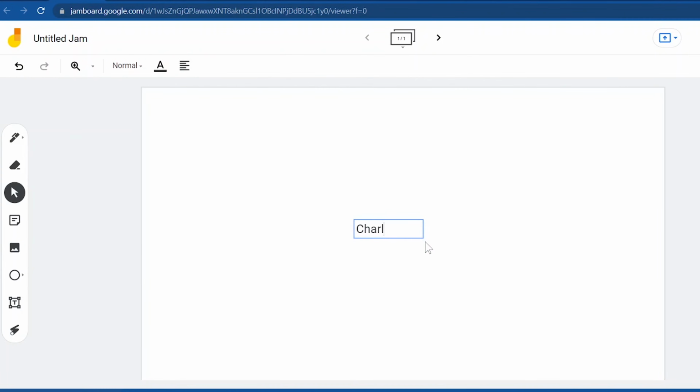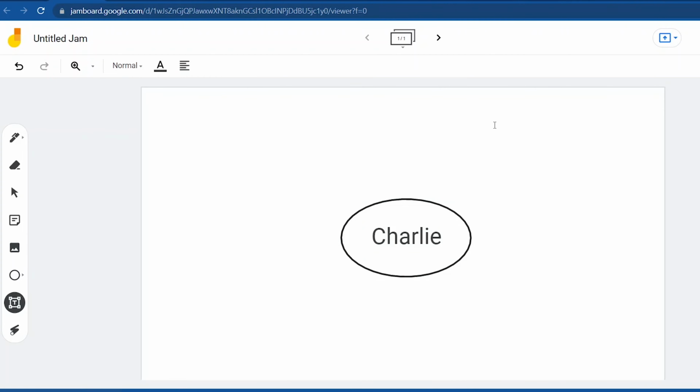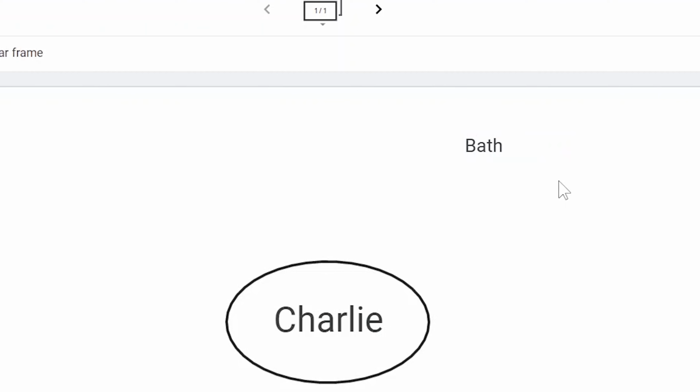One of my timeless activities that I always use in the first class with groups or individual students is a teacher presentation activity using a mind map. I write my name in the middle and I come up with, let's say, 6 to 8 questions about myself. But I don't write the questions, I write the answers. So let's say, for example, I write the word Bath. What's the question? Where are you from?